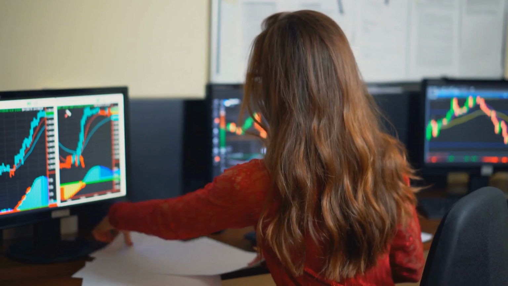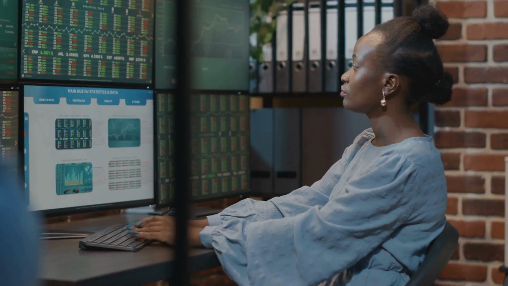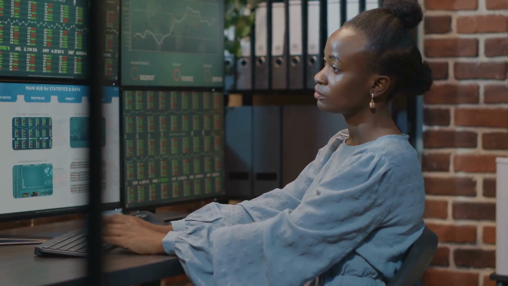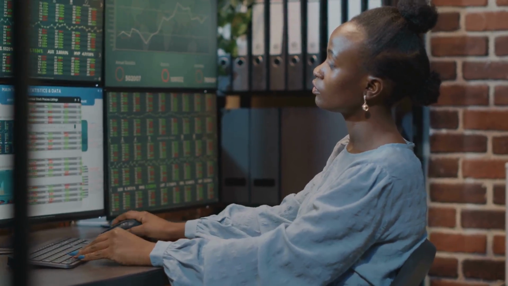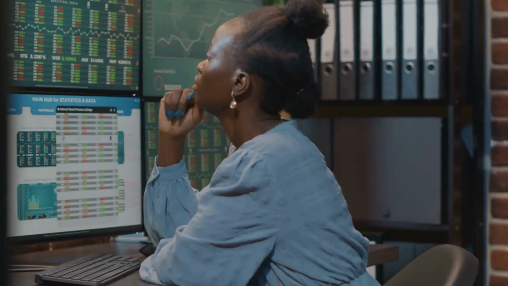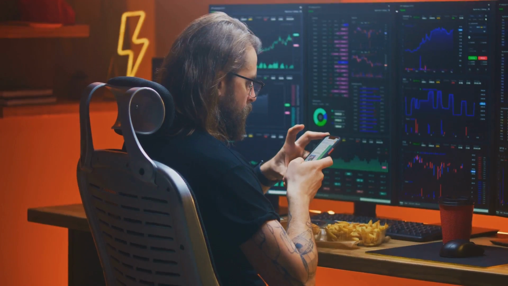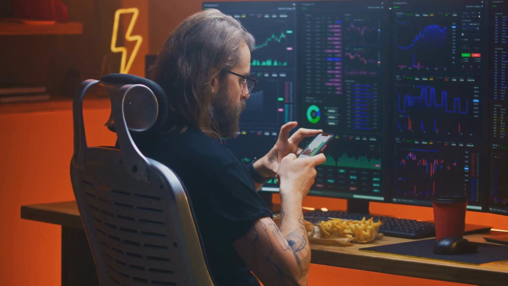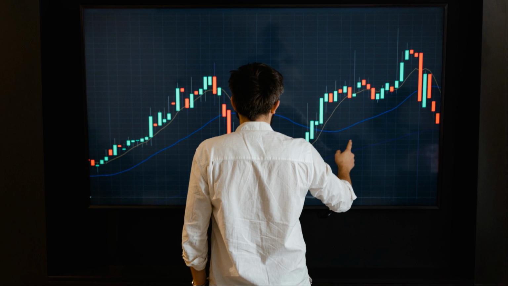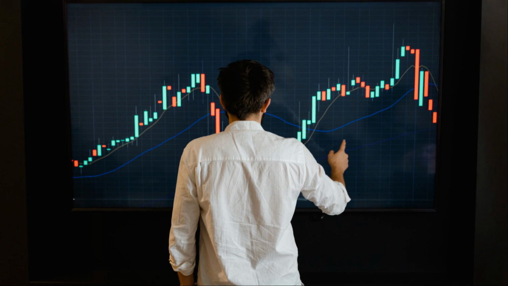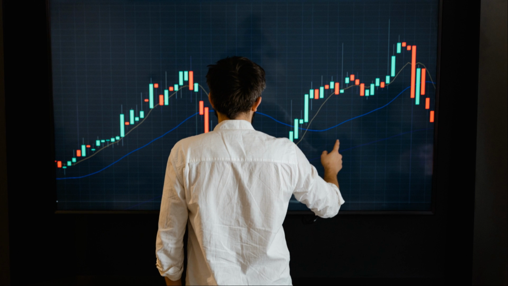For traders, identifying these reversals is crucial. It allows us to exit existing trades profitably before the tide turns against us and positions us to capitalize on emerging opportunities in the new trend. However, recognizing reversals in real time can be challenging. The market often sends mixed signals, making it difficult to differentiate between a temporary pullback within a trend and a